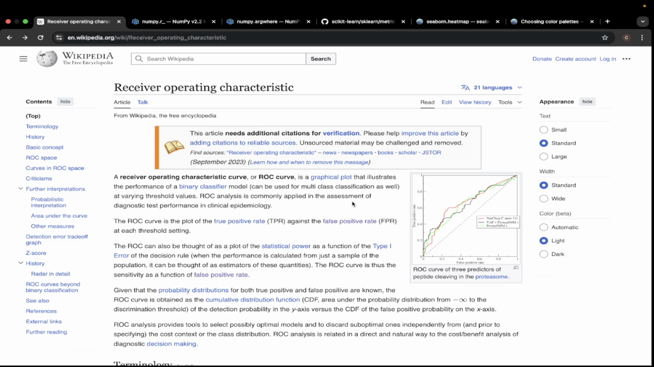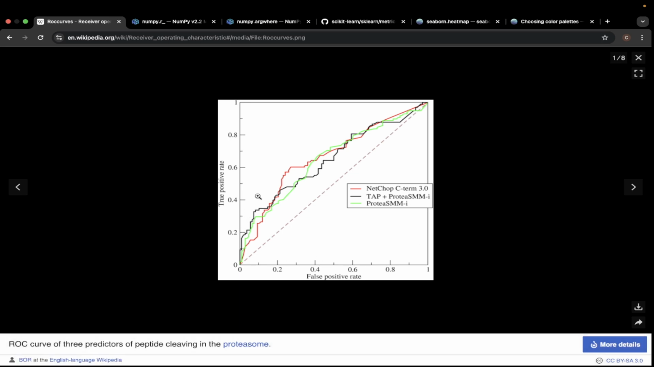So one of the things that comes up pretty much everywhere in machine learning for binary classification tasks is the receiver operating characteristic, which is usually shown as a curve. And if you've been doing machine learning for any amount of time, you know that in general, when you look at curves like this, ROC curves,